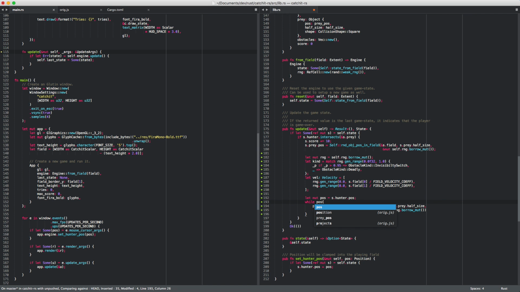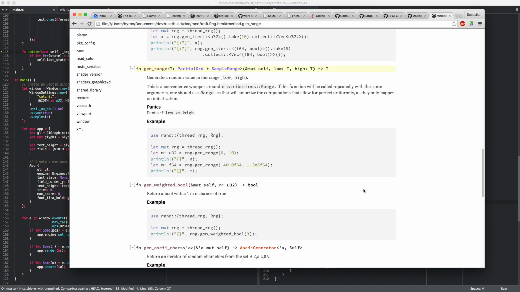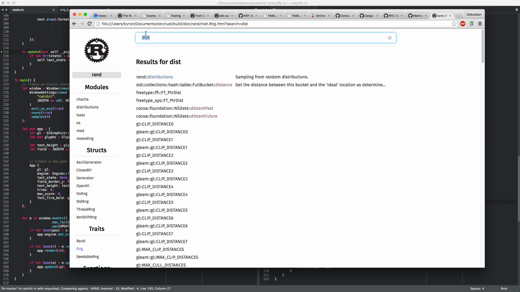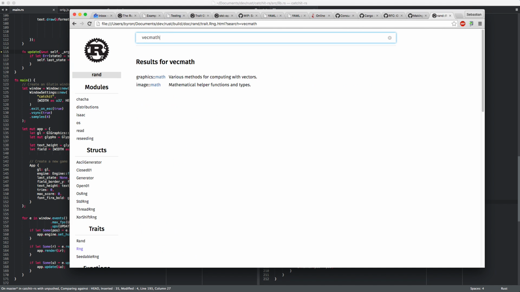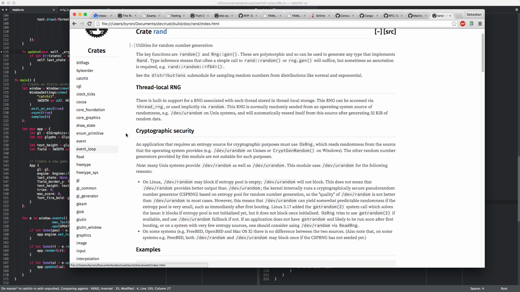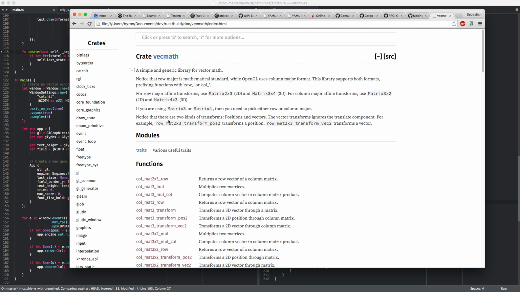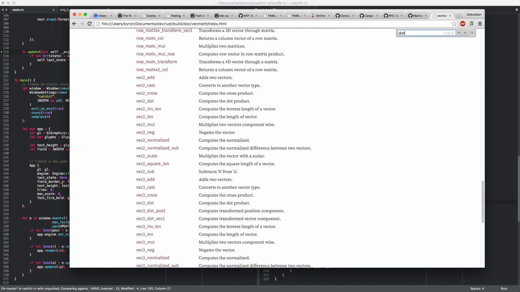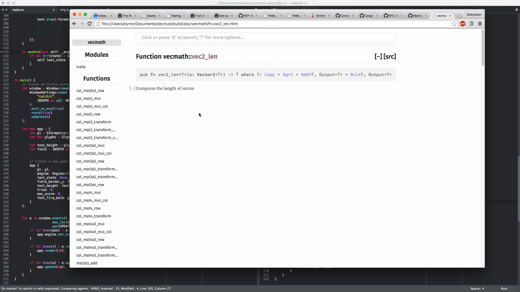So while... let's check the vector math stuff. Distance, right? Vec... Where's vec math? And why do I not see it here? It should be here. Vec math. Yeah. Where is the distance? Oh no, we want to subtract that stuff, right? And then we want to have the length, exactly. So we subtract